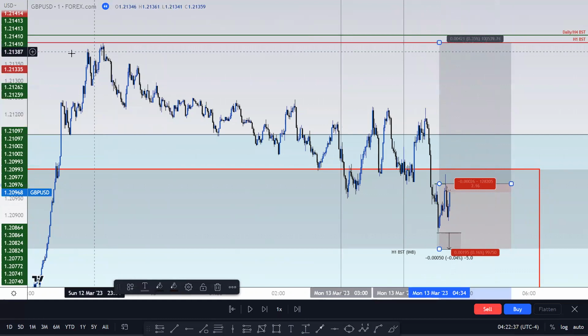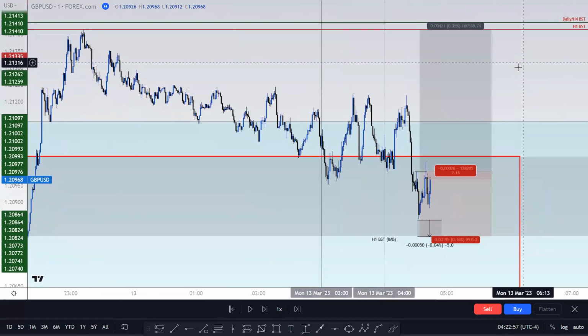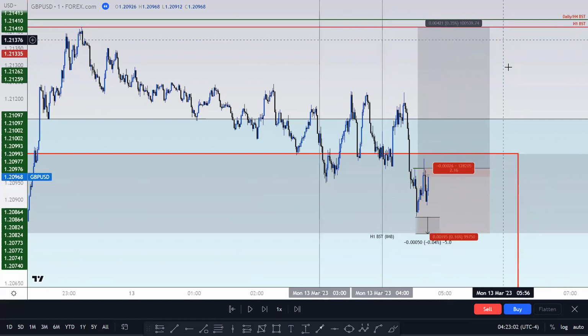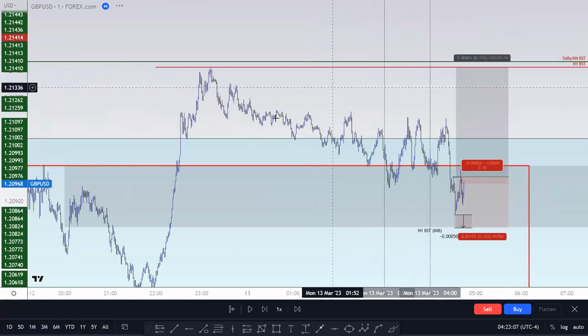The most appropriate target is going to be the recent high. So with BRCs, the first target is almost always going to be the recent high, and the second target is going to be whatever buy side target comes after that, whether it's the H4, the H1, or the daily buy side target, but the recent high. And in this case, the recent high coincides with the 1 hour buy side target. So the long to the recent high was a 1 to 2, right? So that obviously ticks the box in terms of, do we have an appropriate risk to reward to the minimum